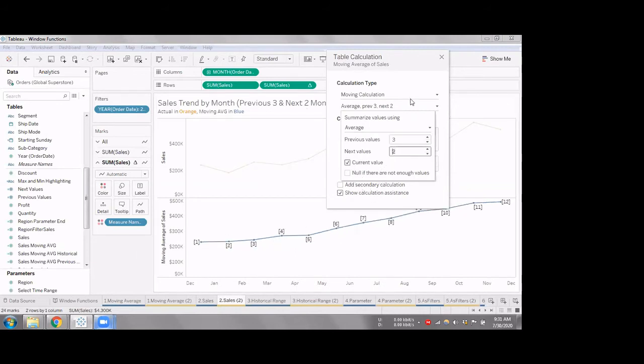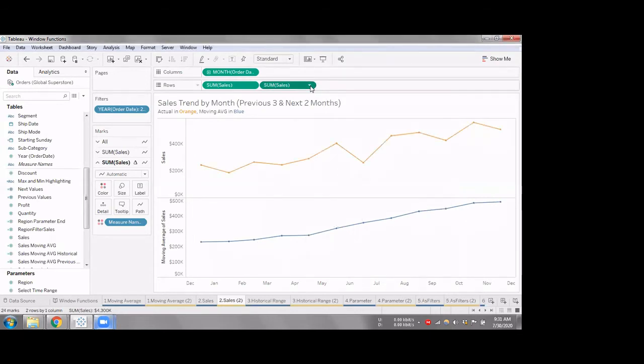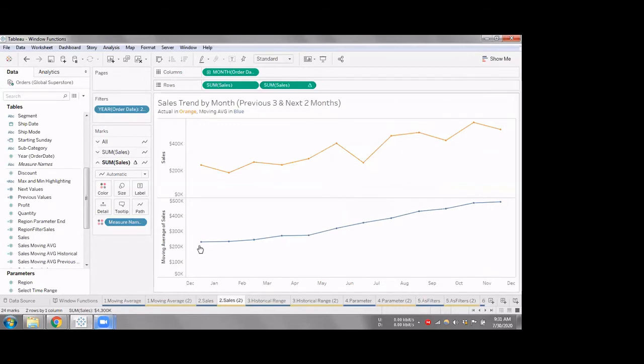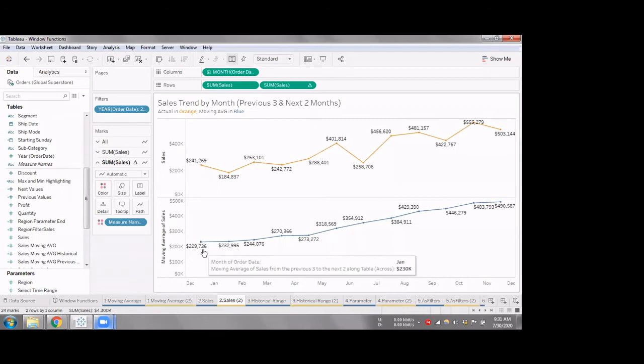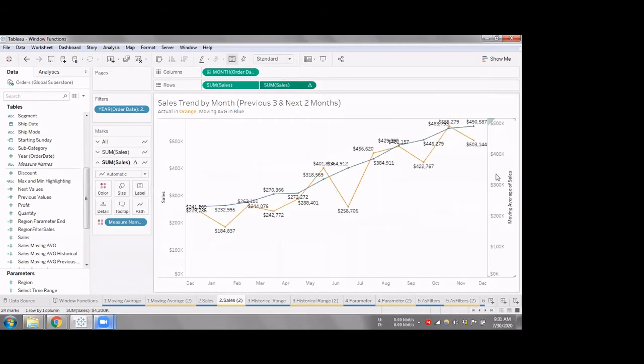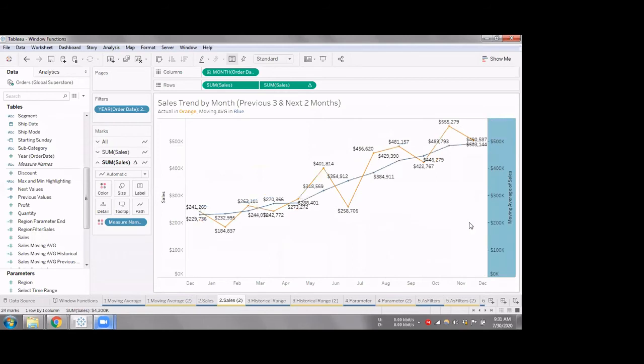Use the current value and make sure it's calculated table across. And once I have my line, if I click labels, at this point in time it's showing 229,736. Since I don't have any previous values here, it's just the average of this one and this one. That should be this value, likewise. All I do now is dual axis and synchronize axis, and I get this line.